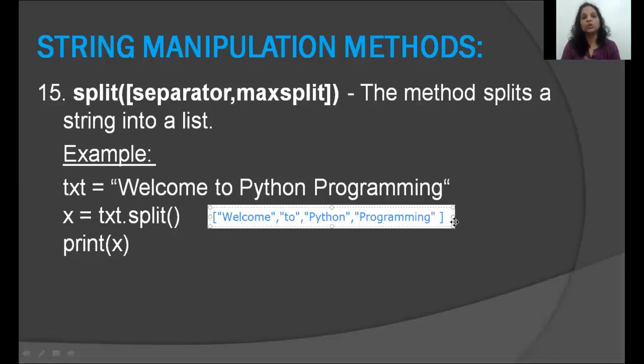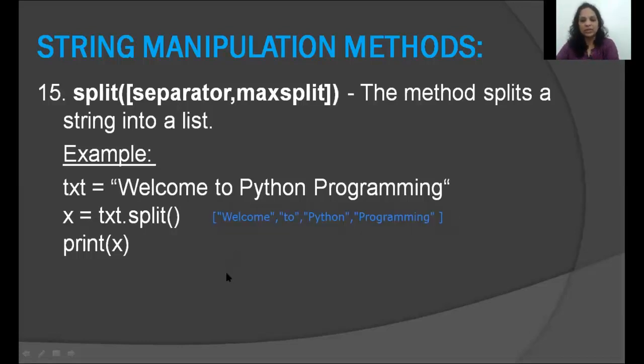Is that clear? So it is dividing the string into words, I could say. So any question which expects you to look at words, it is dividing the string into different words and placing it in a list. So the first element of the list is welcome. Second element of the list is to. So it's divided the whole string word by word. Is that clear? That is because you did not specify the separator. If you specify the separator and if you specify the max split, then what does it do?